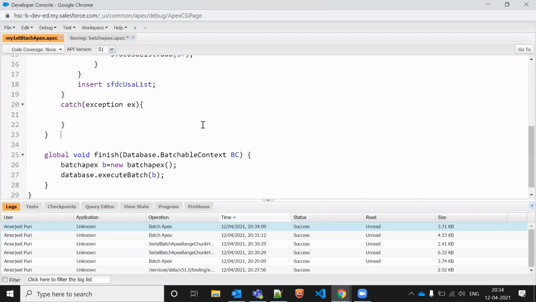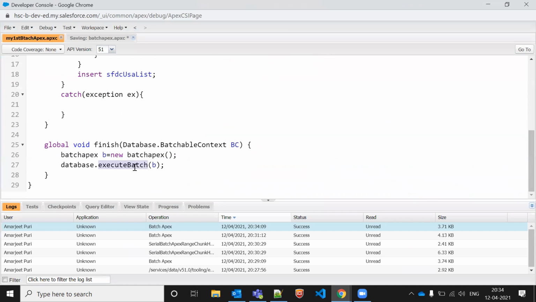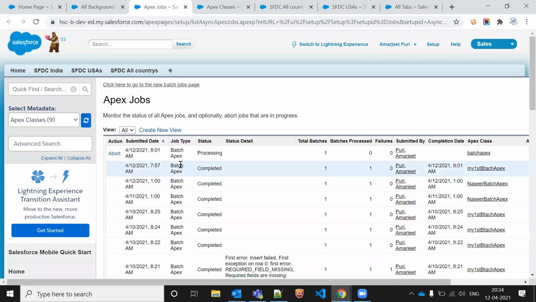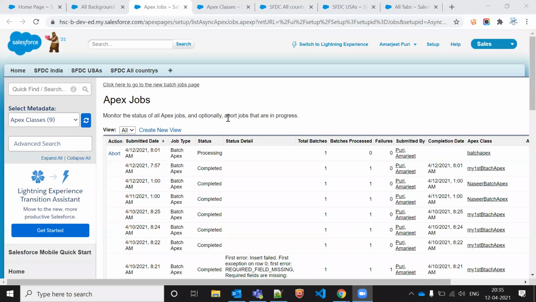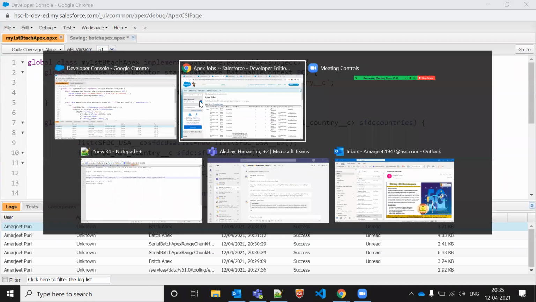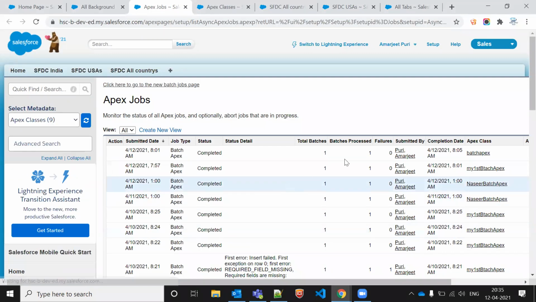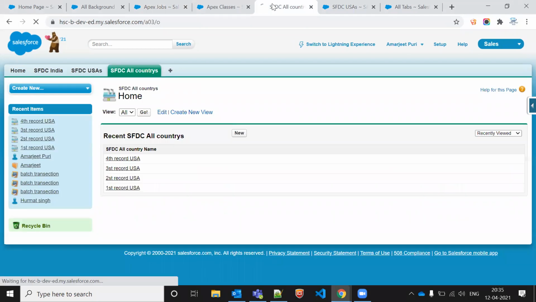So this is a batch apex. About batch apex, you can make any chaining system. If you want to call this batch apex from another batch apex, you want to update the number of records, or create records accordingly, you can do those things. So this is related to batch apex. We have two things in the batch apex. So let it finish, and then it will be deleted automatically. It is completed now. Hopefully it should not show any records.